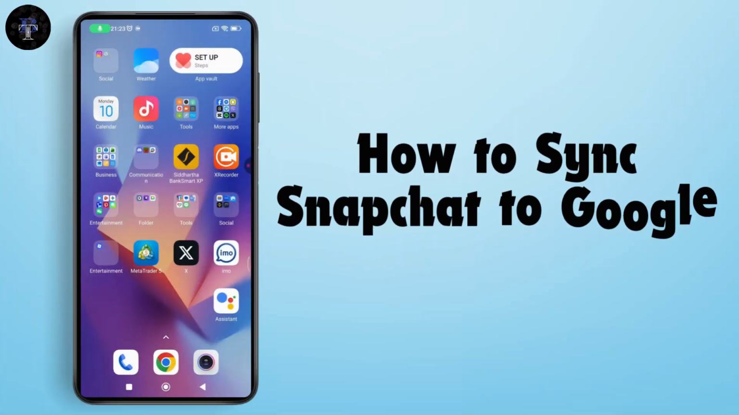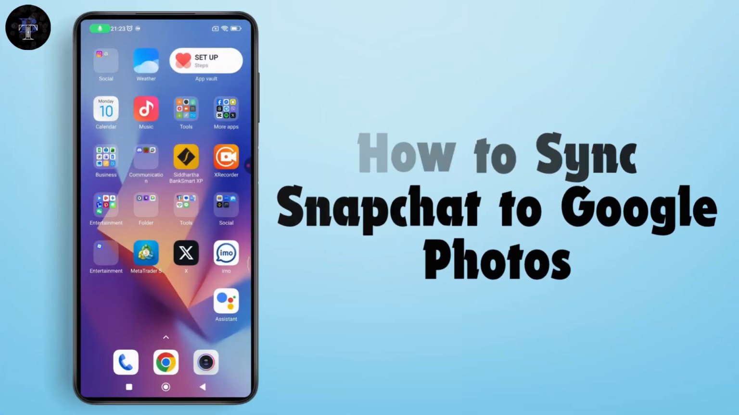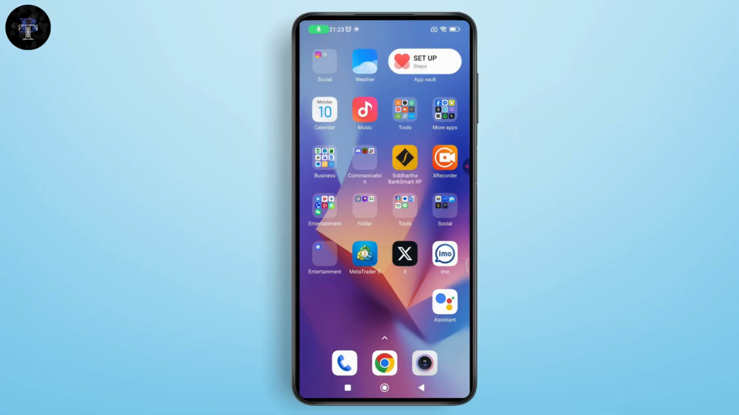How to sync Snapchat to Google Photos. So if you want to sync Snapchat to Google Photos, then what you need to do is, first of all,